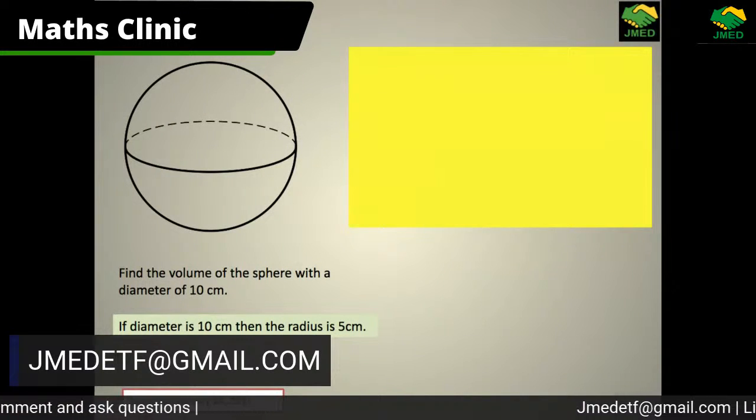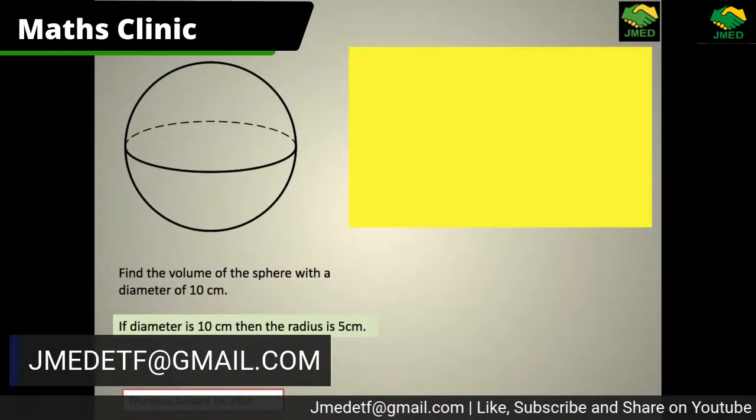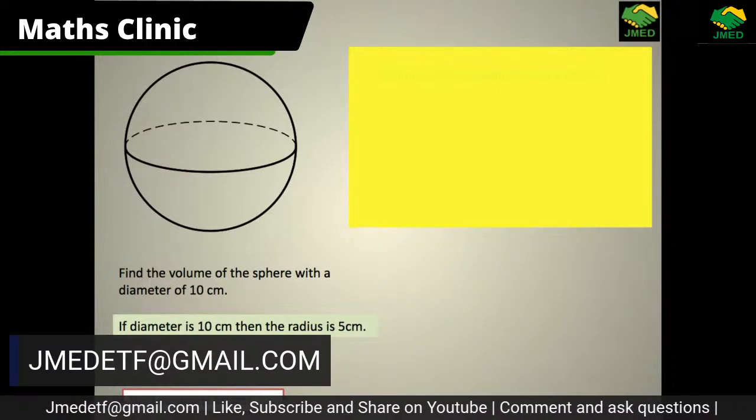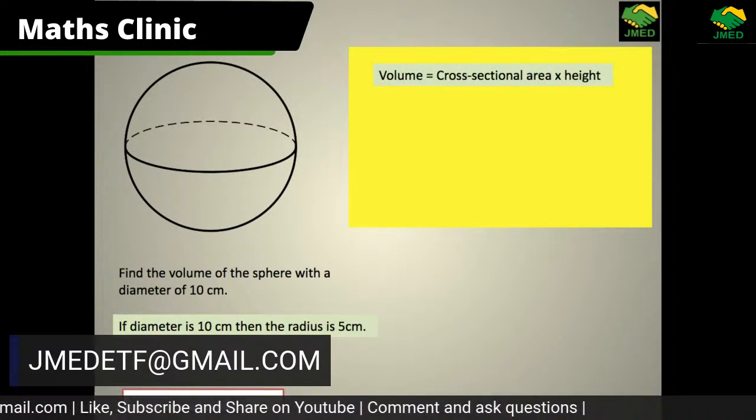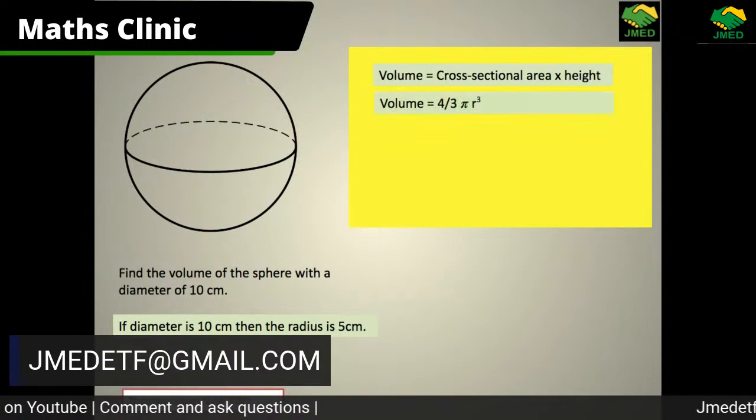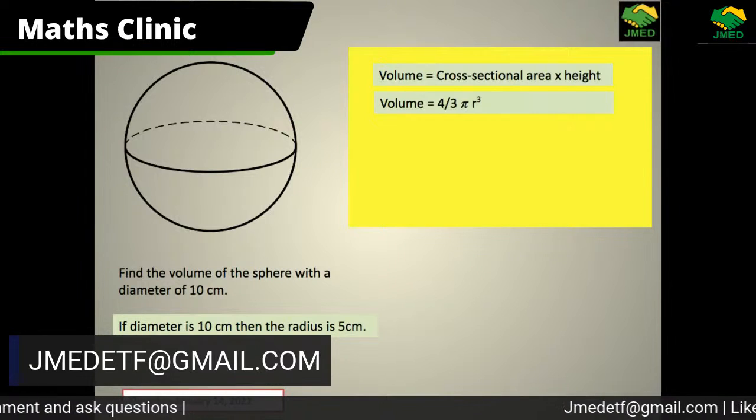So sometimes you go, I don't know the difference. Well, you know the relationship. What you might not remember is which one's bigger. So diameter is a longer word than radius. That will help you, certainly. So volume equals cross-sectional area times height. We know the formula for volume of a